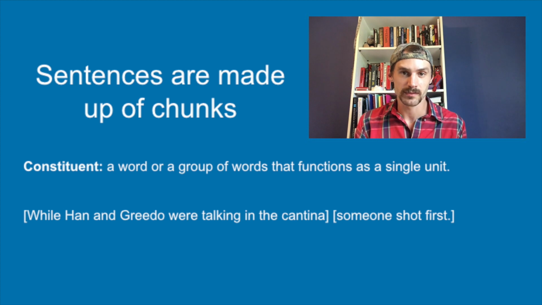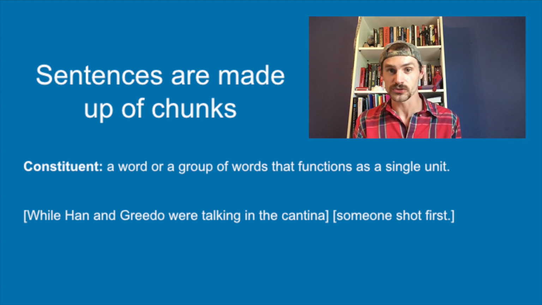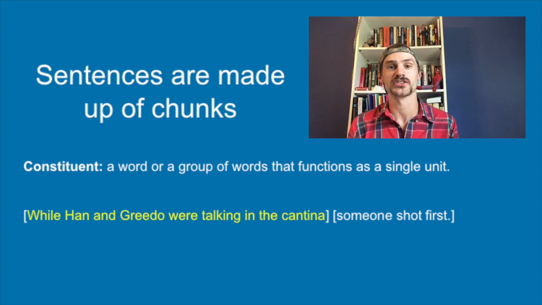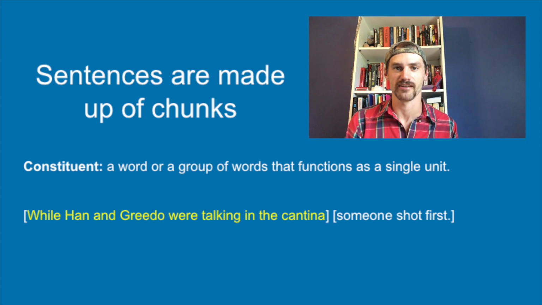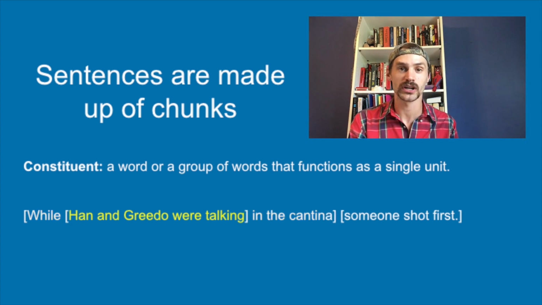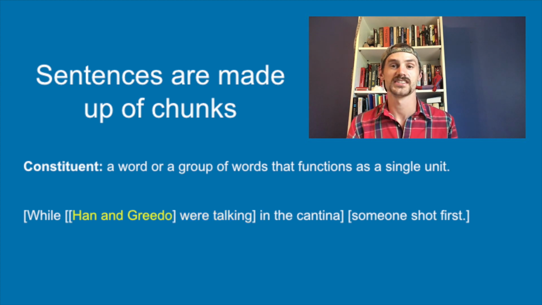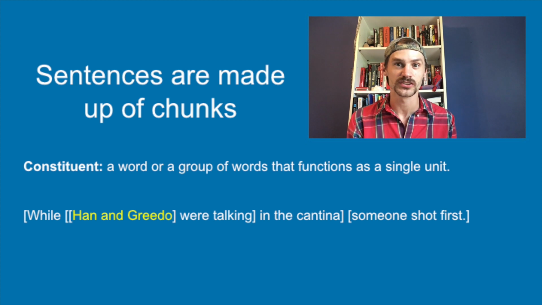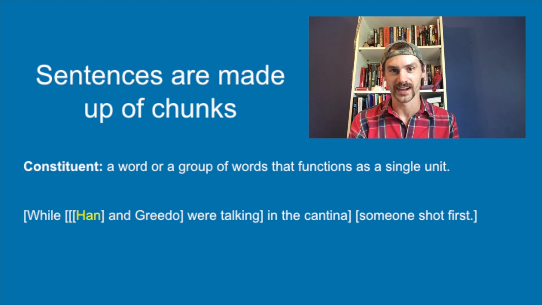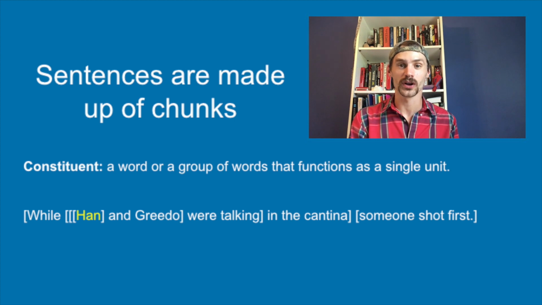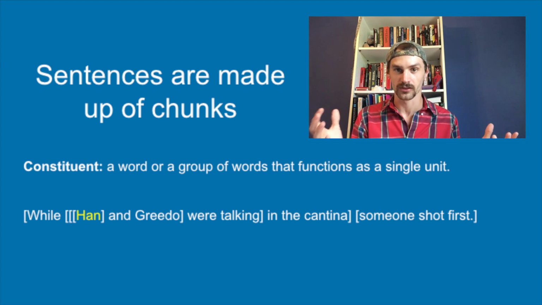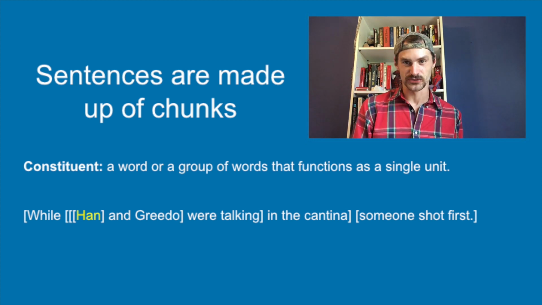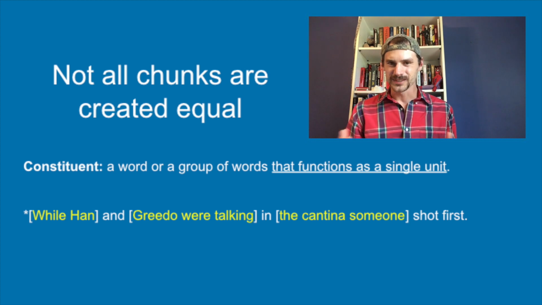Now, all sentences can be broken down into constituents, and some constituents can be further subdivided into smaller constituents. For the purpose of this example, I'm just going to focus on the first constituent here, which I have highlighted in yellow. And we see that Han and Greedo were talking is still a constituent. The same is true of Han and Greedo. The phrase Han and Greedo also has a meaning that you can still understand, as does the word Han all by itself. So we can see that single words can still be constituents even without any other words grouped with them. Let's compare those examples to groups of words that are not constituents, such as while Han. What does that even mean?